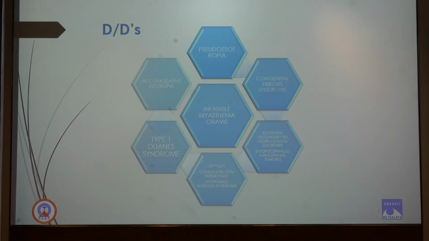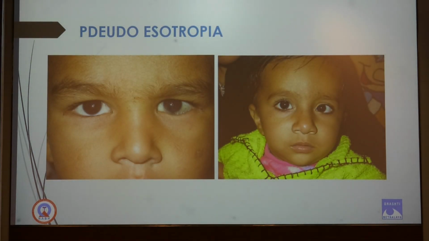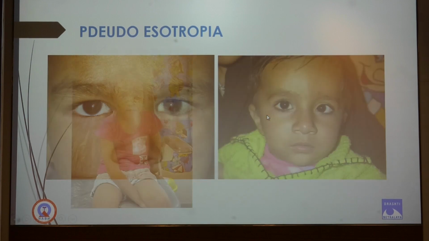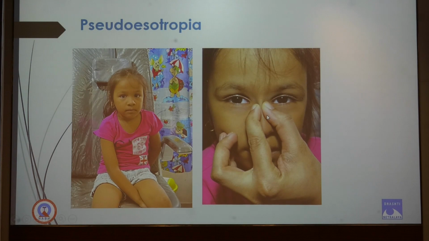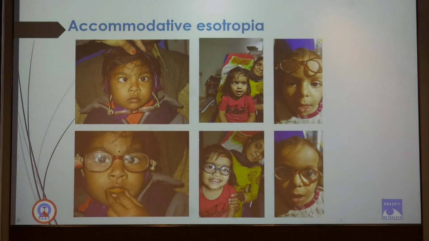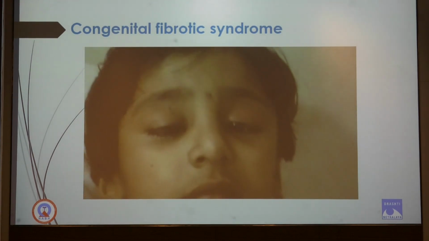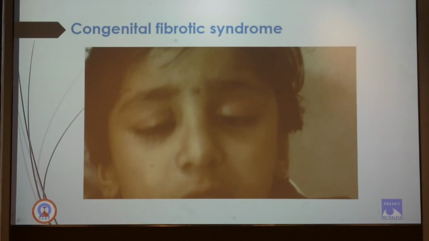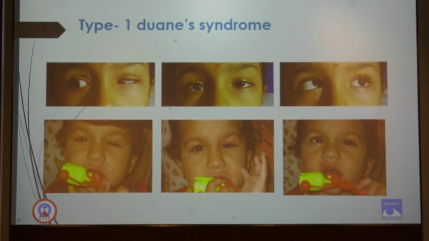This baby had inferior oblique overaction and V-pattern esotropia. The differential diagnosis for infantile esotropia includes simple pseudoesotropia, due to epiblepharon or epicanthal folds, which can be easily demonstrated to parents by pinching the nasal bridge, and the eyes are ortho. It can be purely accommodative esotropia, where the eyes are straight after wearing glasses, congenital fibrosis syndrome, or